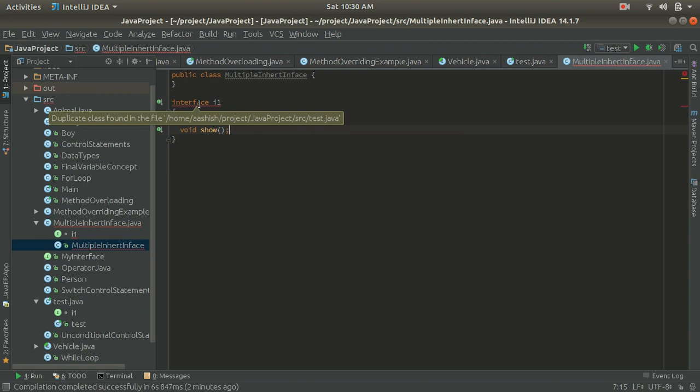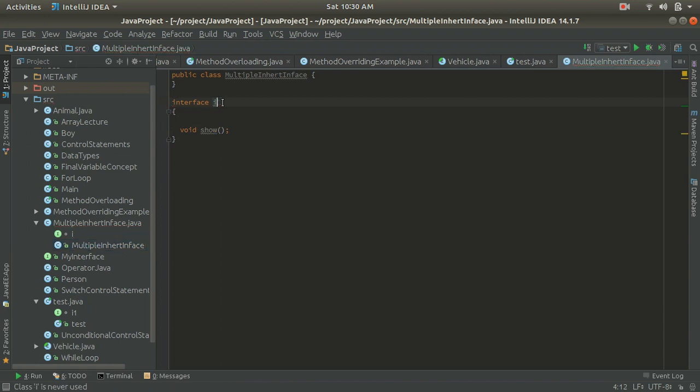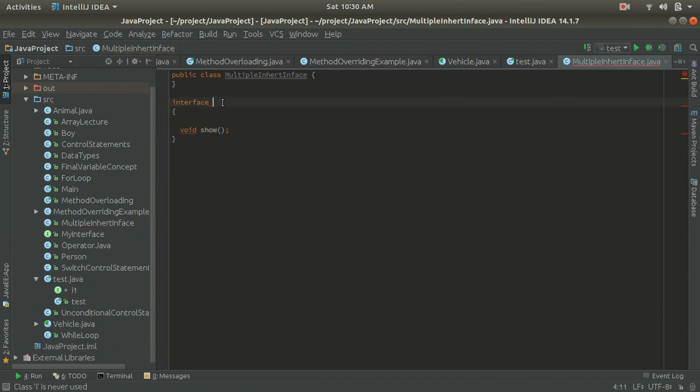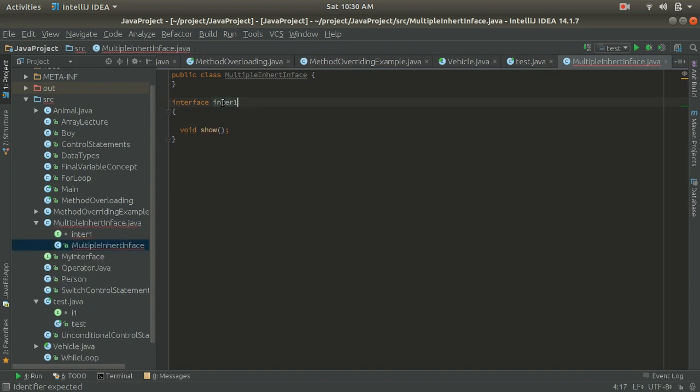We already have one, so let's keep this as inter1. Inter1 is my interface name, and we have an abstract method inside it. We are not defining any keyword, so the compiler will add the public abstract keywords to this method. So this is a public abstract method.